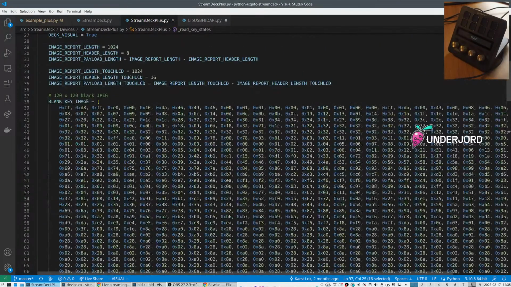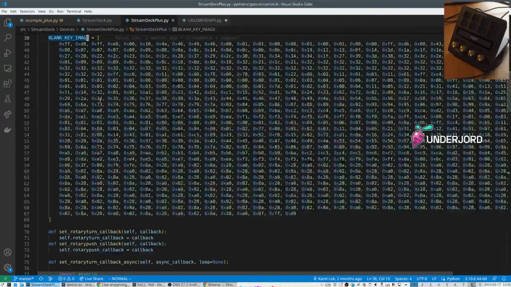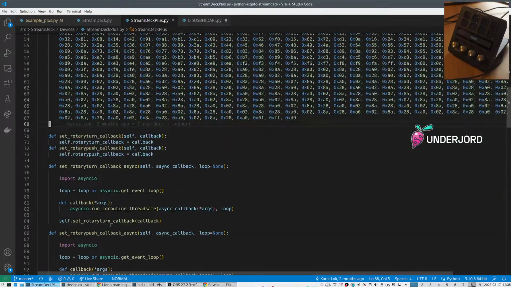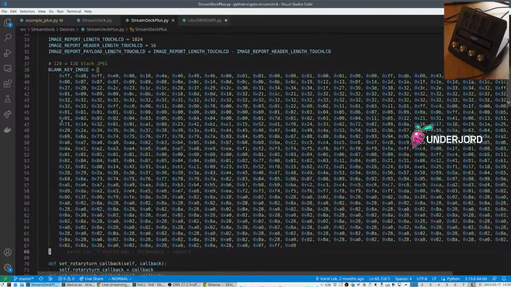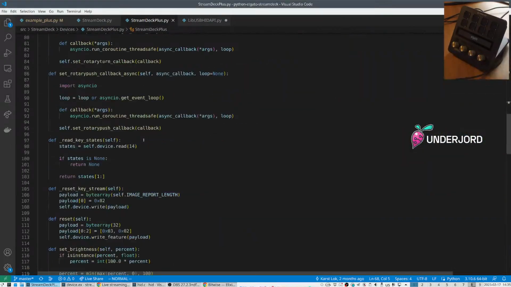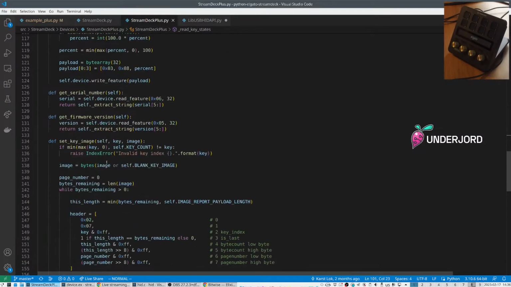All right, this is how they did a blank key image. I have them in a separate file that's compiled in, so at compile time this is added. So this is a blank key. But I want to push, so these two I don't care about. I'm sure they're great, don't care. Set key image now. Give an image, it's bytes image, or